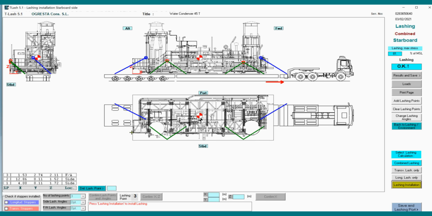The side lashing points are far to starboard side from the center of the trailer. So transversally they are working in starboard direction. You see that